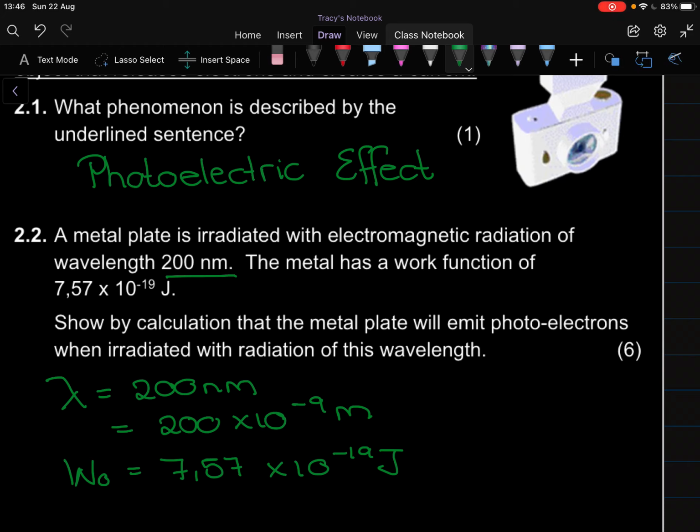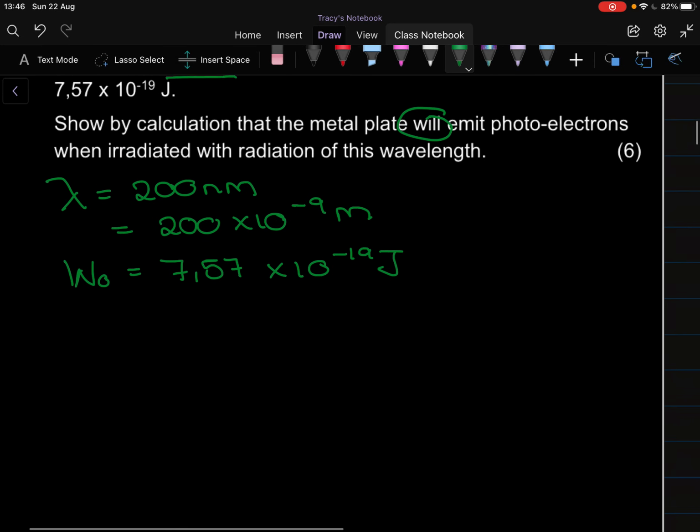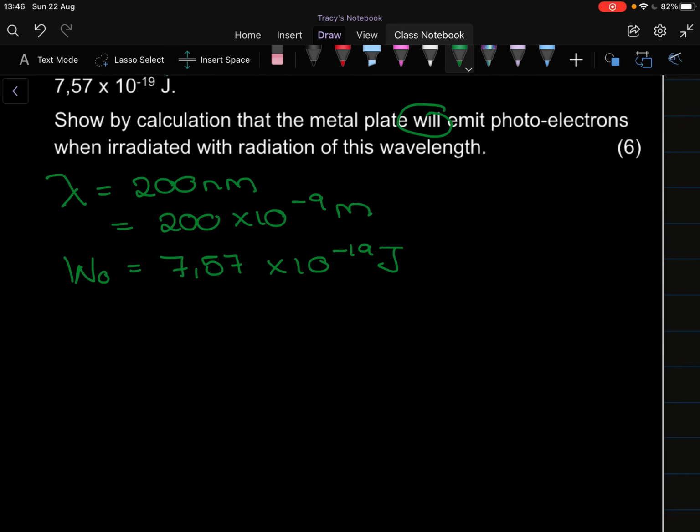Show by calculation that the metal plate will emit photoelectrons when irradiated with the radiation of this wavelength. There is more than one way you can work this out. Okay? So the one way is to calculate the frequency of the light that's needed, or, and this is a little different to what you'll see on the memo, the other way we could have done this is if the energy of the photon we have is bigger than their work function, then we'll get